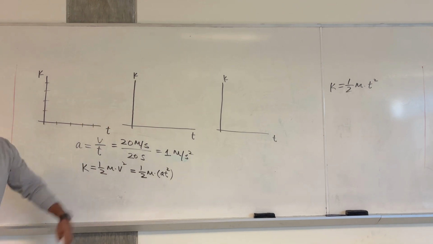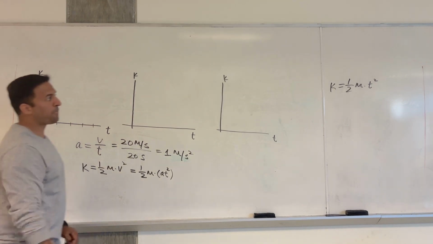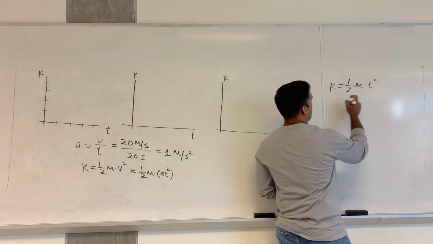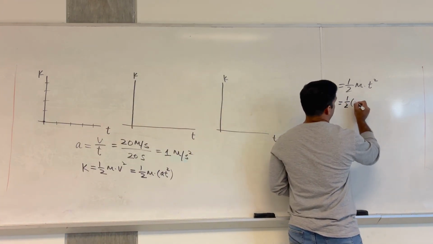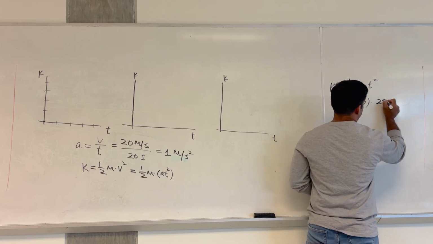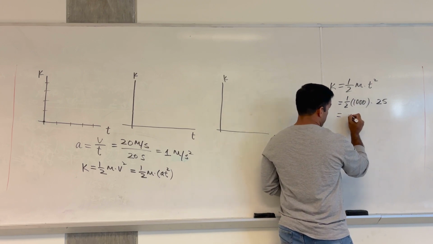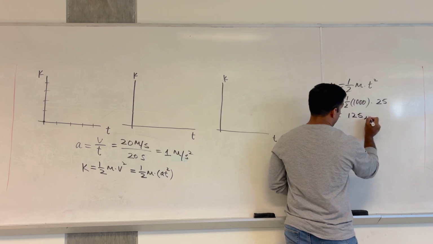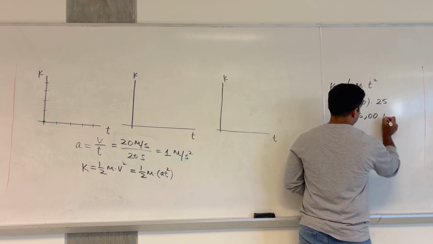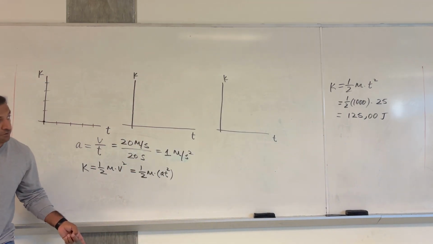So in that equation, now you can use t equals 0. At t equals 0, your kinetic energy is 0. So this is the point of 0 time and 0 kinetic energy for the first case. If you use t equals 5 seconds, this equation becomes half, and the mass of the car is 1000 kilograms. Then t squared is 25, and 500 multiplied by 25, 25 times 5 is 125, and then we will have 2 zeros because that's 500. Okay, so you find a value of 125,